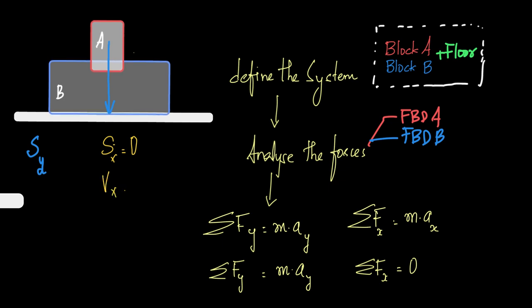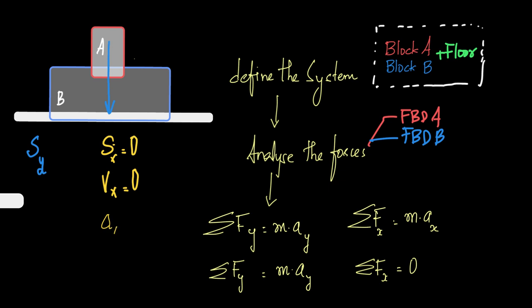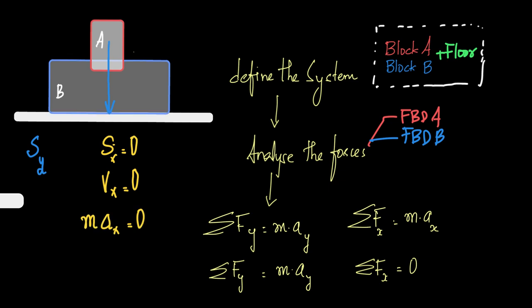Therefore, velocity along X direction will also be equal to 0, which implies acceleration along X direction will also be equal to 0. And therefore, mass into acceleration along X direction will also be equal to 0, which gives us sigma Fx along X direction has to be equal to 0, which justifies,